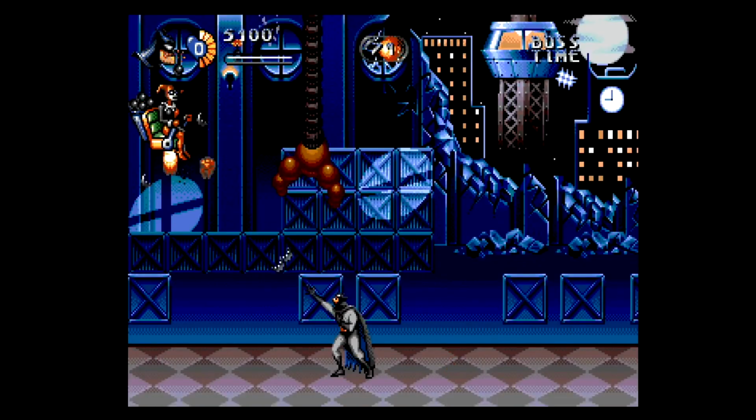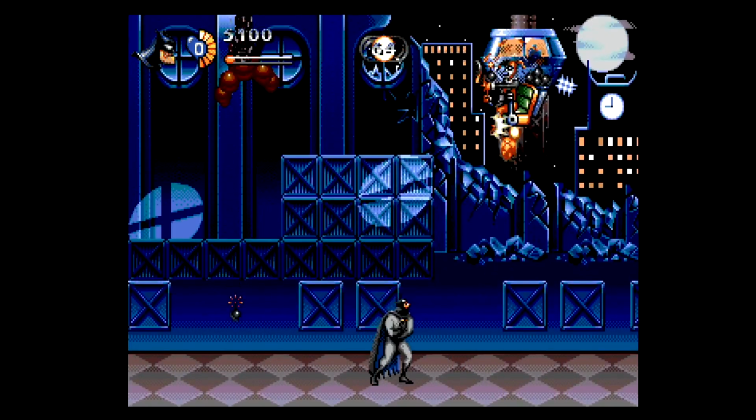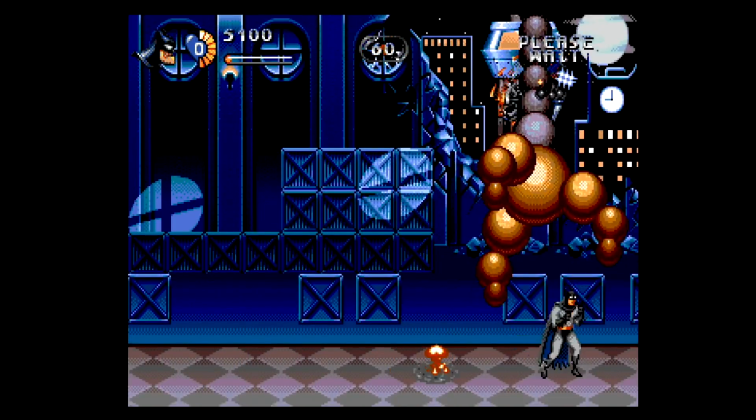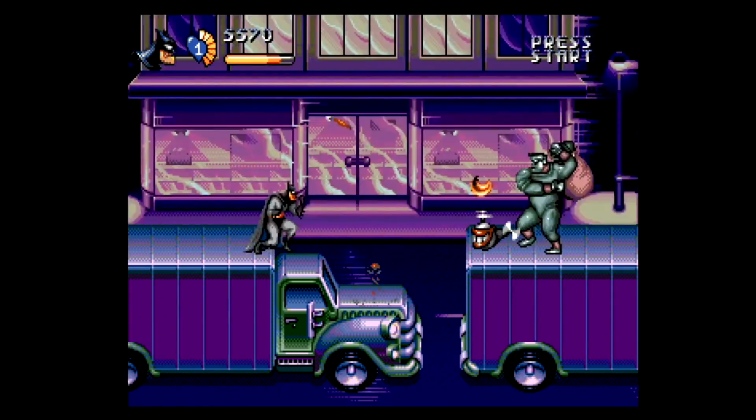So how did I enjoy jumping back into The Adventures of Batman and Robin on the Genesis in 2020? I freaking loved it. I thought it was so crazy fun, and maybe it's because I've been inundated with lots of great Genesis titles